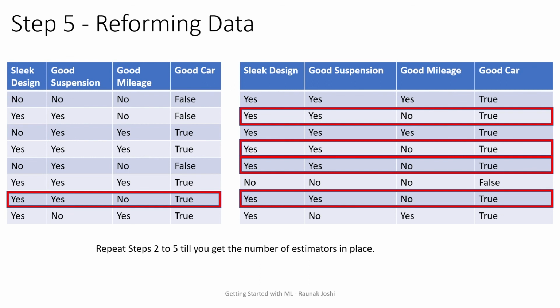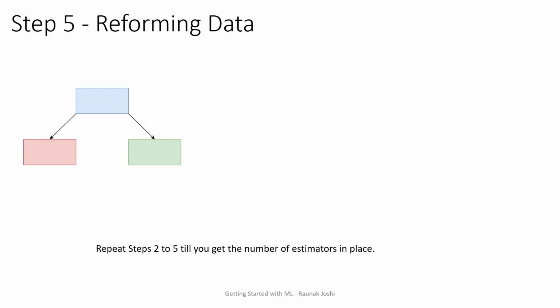So we are going to repeat from step 2 to step 5 till the number of estimators we specify. So let's say I select 100 stumps. So this procedure will be repeated 100 times. And every time this is going to improve, since a new Gini will be created and some new features will come into the picture. So this is the way it learns. So let's say I have one stump which is 0.97 like we took in the first place. This is the second stump. This is the third stump. So there might be some weight on the stump which is going to affect the algorithm in the long run.